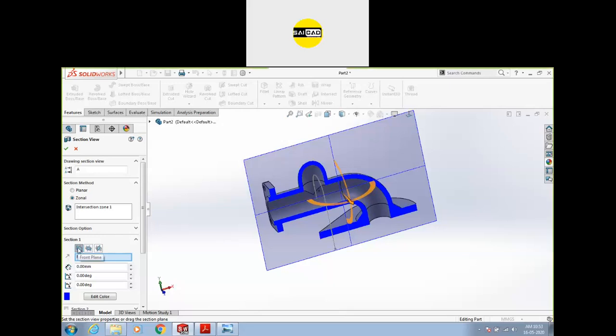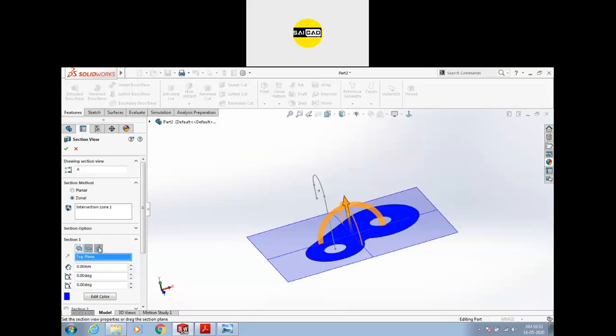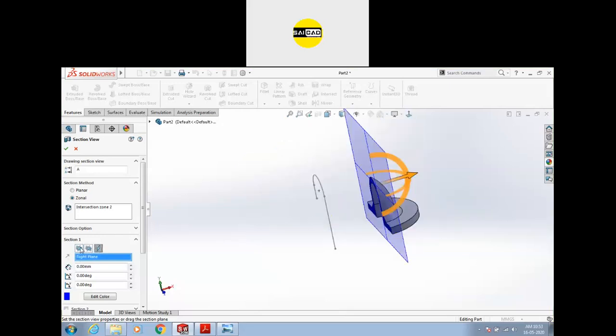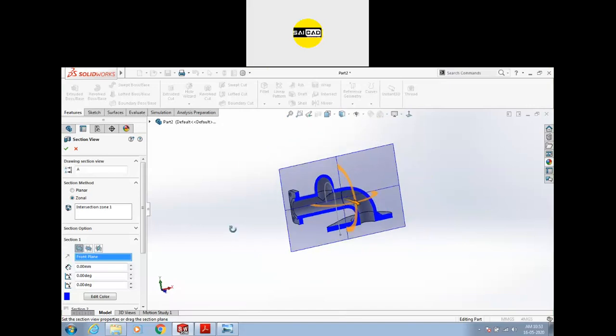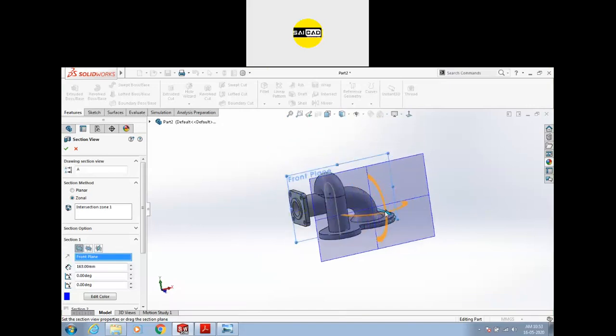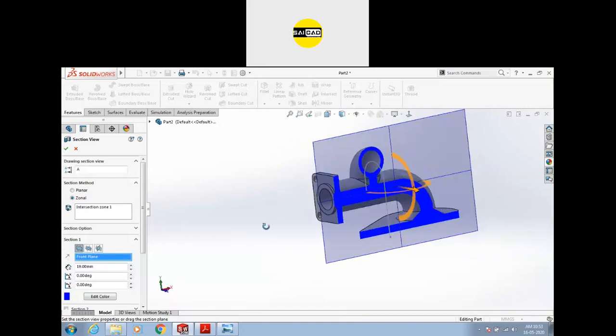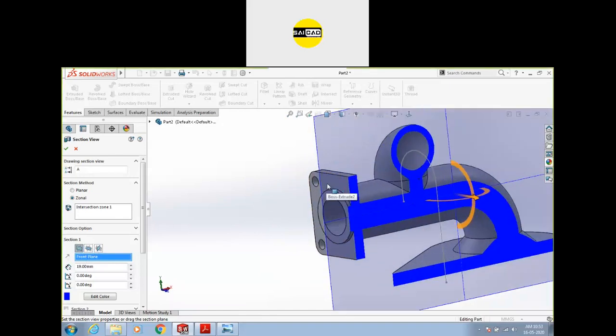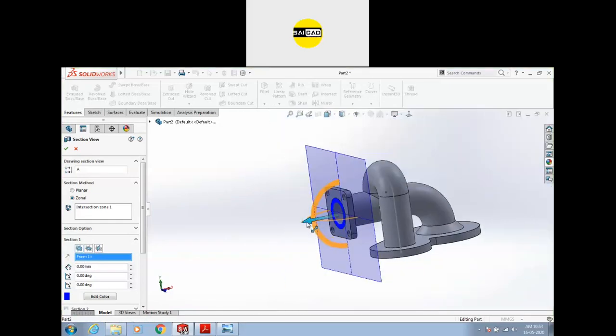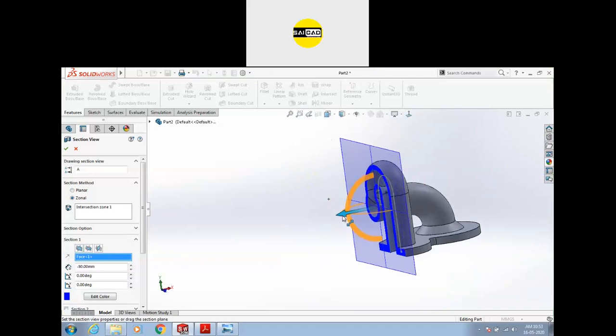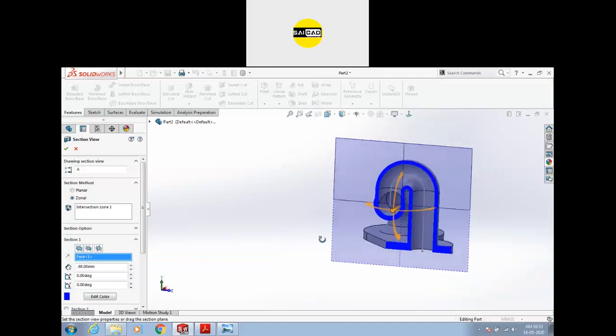We have this front plane, this top plane, this right plane. So whatever plane you need, you can select, or you can just drag from here. Like I want an offset, or I want a section at this plane, but not this location, so I can just move like that.